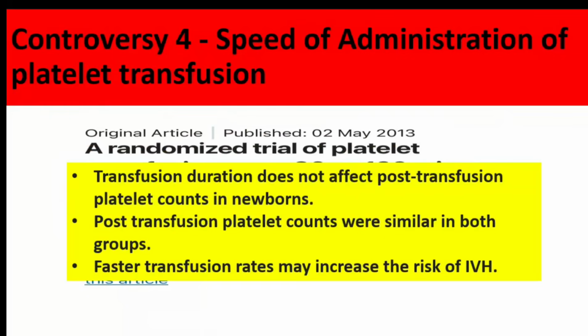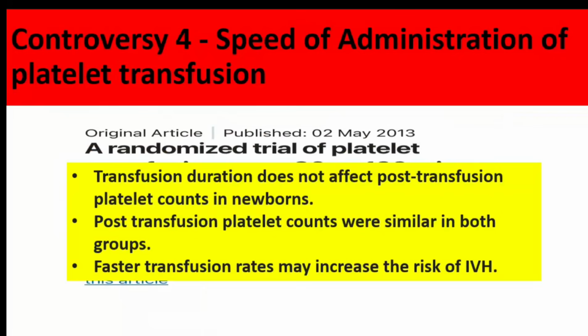And what they found is that the transfusion duration actually does not affect the final platelet count, ठीक है। तो अगर आप 2 घंटे में दोगे तो भी प्लेटलेट उतना ही रहेगा, आप आधे घंटे में दोगे तो भी उतना ही रहेगा, ठीक है। And the post transfusion platelet count was similar, but the faster transfusion rate, मतलब अगर आप